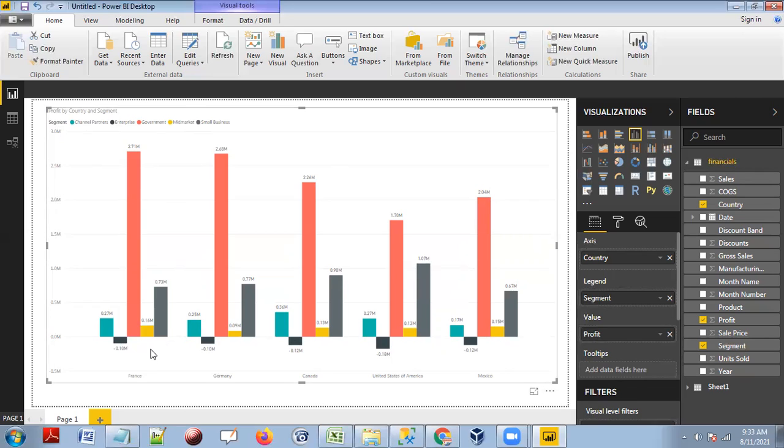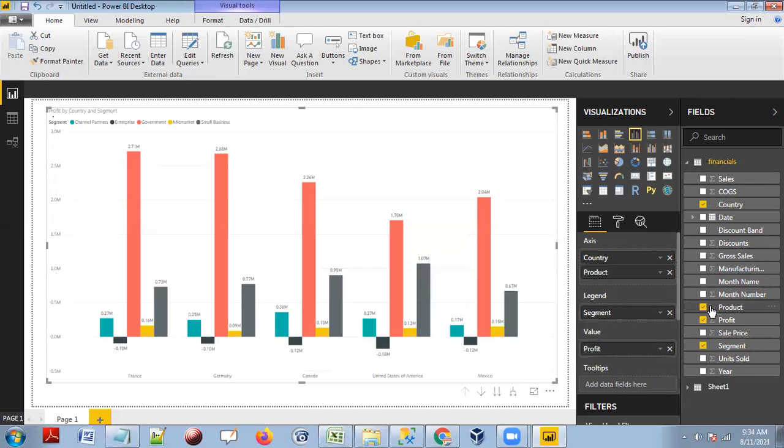See now here, the fact is the same. What is the fact? Total profit. Total profit is the fact. And we are displaying that fact based on multiple dimensions. So let me add one more dimension. Let's say product wise, we have some products, and each product wise within the France, within these segments,